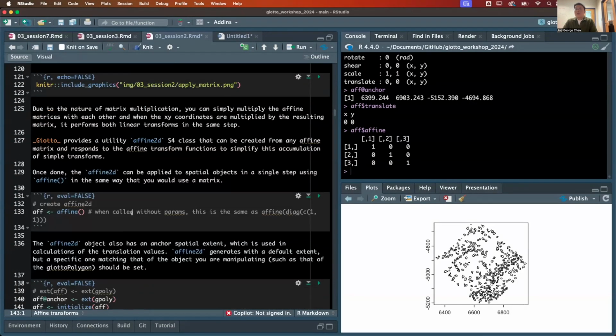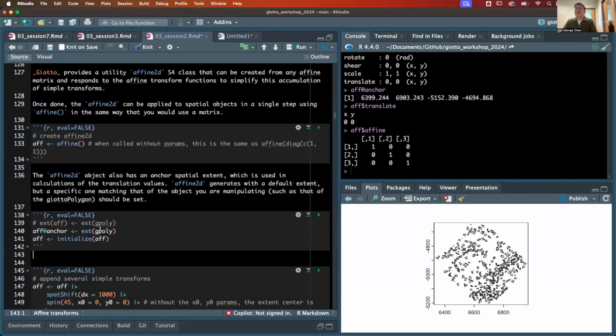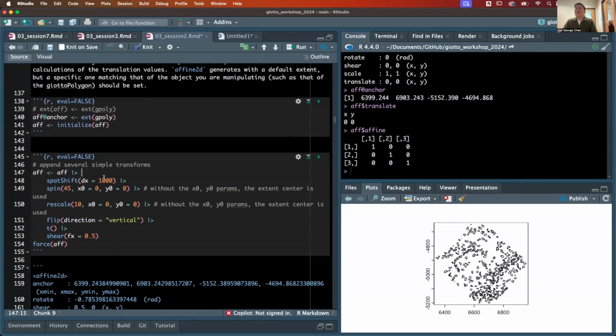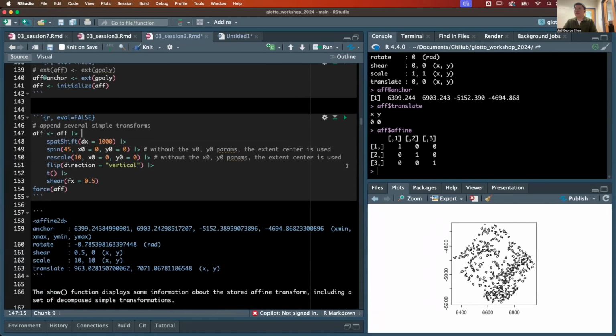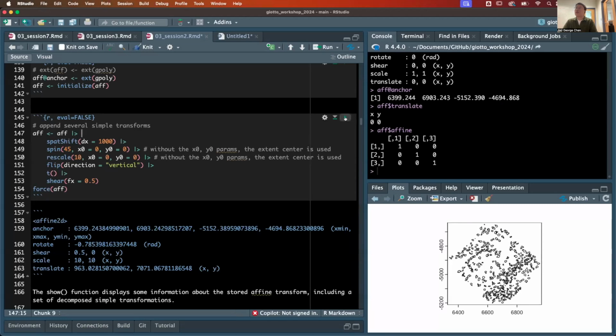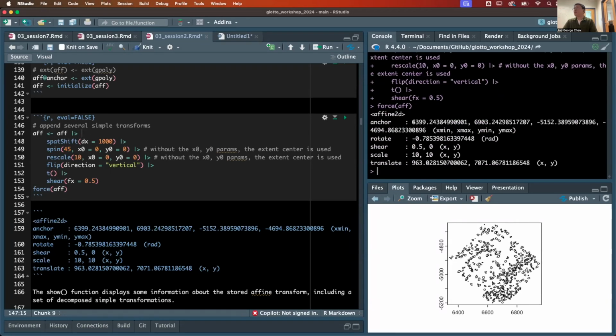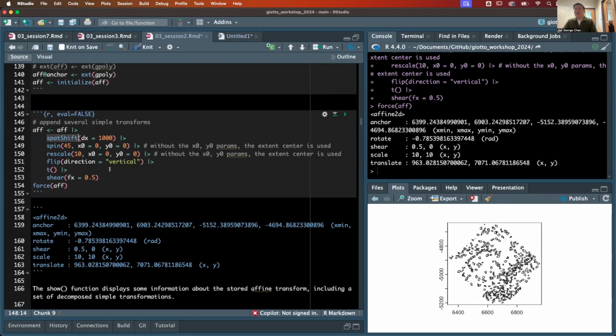Okay, let's see. So I just ran that. And now affine spat shift. So I'm just going to accumulate some of these simple transforms in this affine object. And now you see that it's got some values that are appended to it. I did a spat shift. I did a movement to the right by 1,000 units. I did a spin of 45 degrees across 0, 0, a rescale from 0, 0 by 10 times across